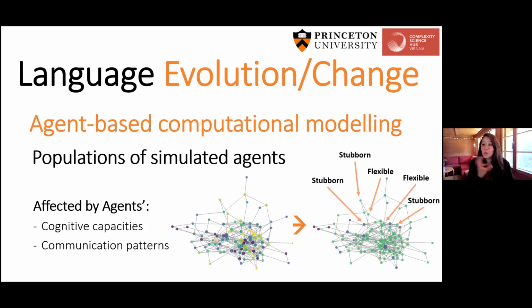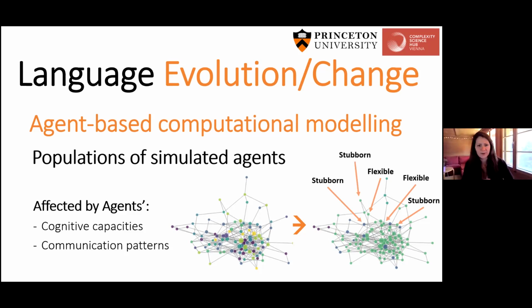So we looked at the proportion of flexible versus stubborn agents and asked if that would affect this convergence. And the results of different simulations, actually in this case, I think are pretty clear, pretty simple. They show that this doesn't have such a big impact on language change. Even if there's a lot of stubborn agents, so a lot of people who are very much sticking to their